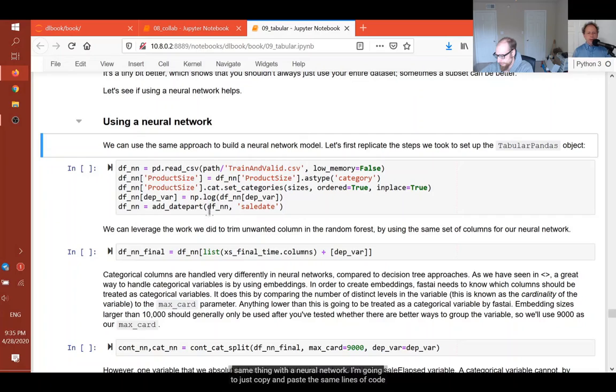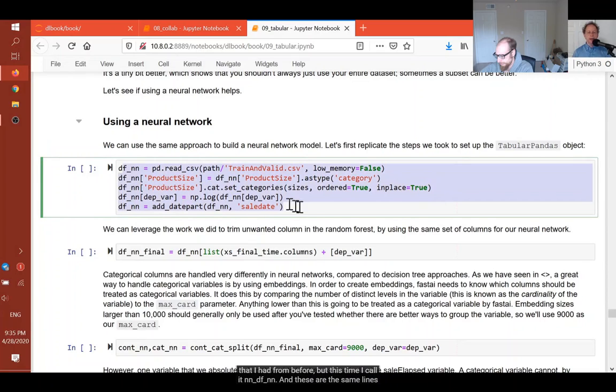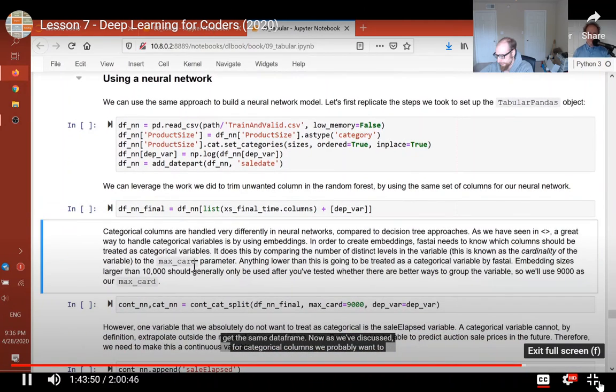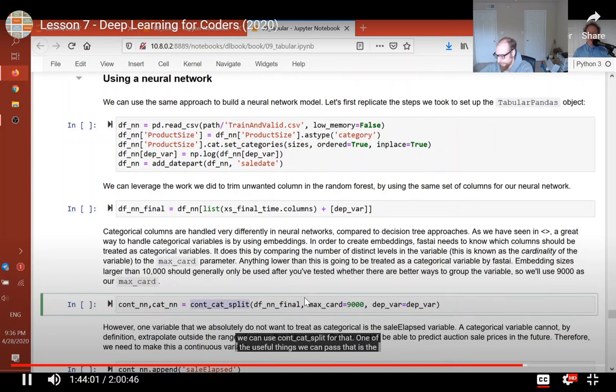So let's do the same thing with a neural network. I'm going to just copy and paste the same lines of code that I had before. It's not a problem, this is simple. We have the same columns we had before. Now, as we discussed, for categorical columns we probably want to use embeddings. For embeddings, we need to know which columns will be treated as categorical variables. And as we discussed, we can use cont_cat_split for that. One of the useful things we can pass it is the maximum cardinality. So max_card equals 9,000 means that if there's a column with more than 9,000 levels,